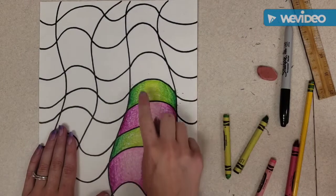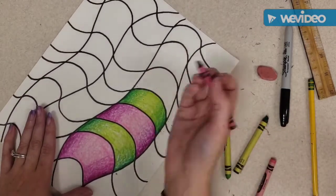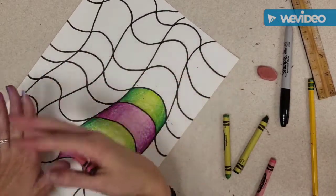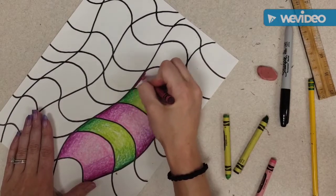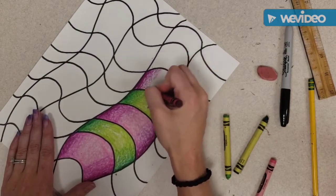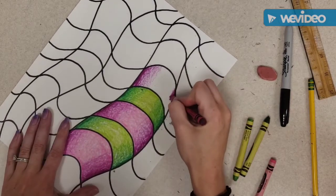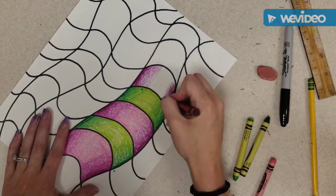Now we're doing a pattern here. So I went pink, green, pink, green. Now I'm going to do pink again. Same thing as the green. It's just the same pressure with your hands with new colors. So we start dark at the edge, lifting our hand up, going lighter, lighter, lighter as we come in. Go to the other side, same thing, dark on the edge, going lighter, lighter, lighter as we come in,